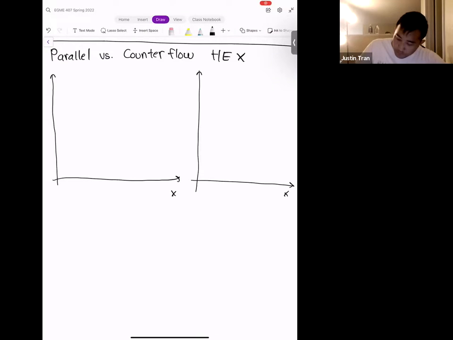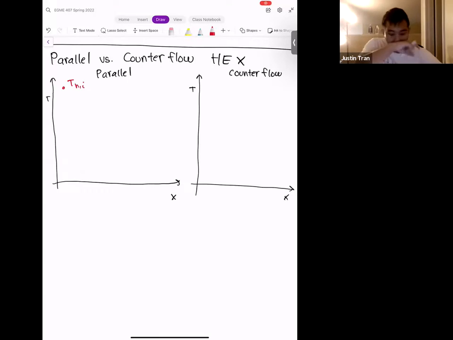Okay. All right, so here are our temperature profiles. We have temperature on the y-axis and distance on the x-axis. On the left here, I'm going to draw the temperature profile for a parallel heat exchanger. And the right will be the temperature profile for the counterflow. So for the parallel heat exchanger, remember what's unique about that is that both the inlet of the hot and cold fluids are matched up together. And so we have T_H inlet,